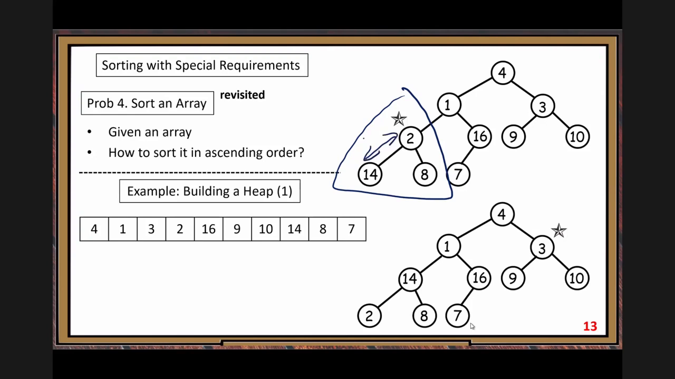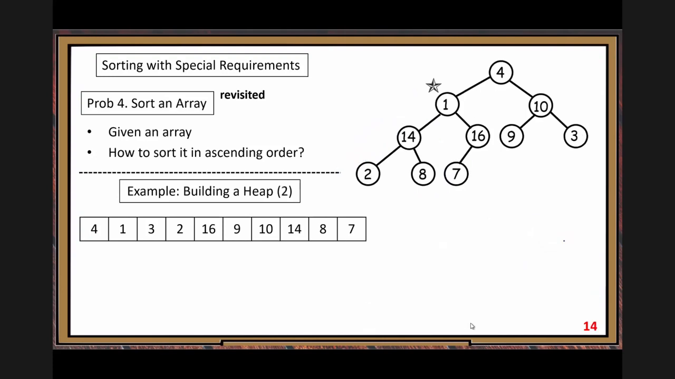Okay, all right. After that, we move to the next triangle. What's the next triangle? This one. And we detect there is a violation. So we put a star there. We need to fix it. So to fix it, swap 3 and 10. So we finish this triangle. Then after that, the next triangle,